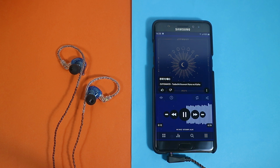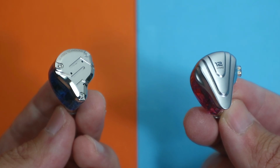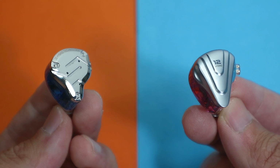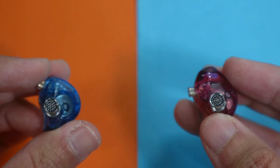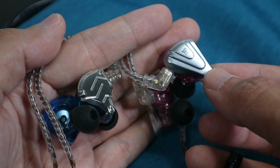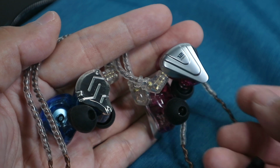Not sure if this is the right way to describe it, but on the ZS10 Pro, the sound rolls off a bit too quickly, making it sound a little unnatural to me. The treble's a little too bright for my liking as well, and at times could sound a little harsh, so I definitely prefer the sound on the ZSX more. Because of the differences I've mentioned above, I actually feel like the ZSX is slightly less fatiguing to listen to,